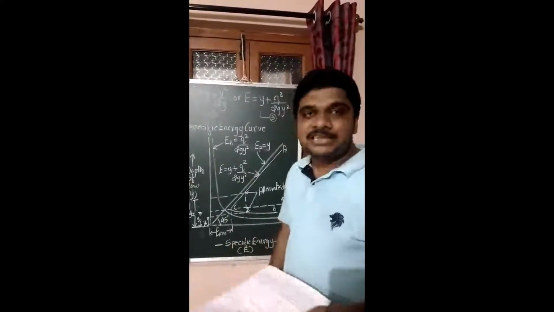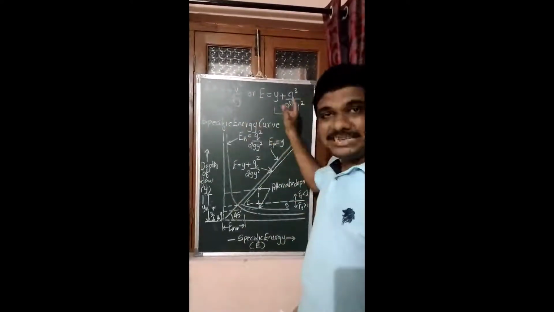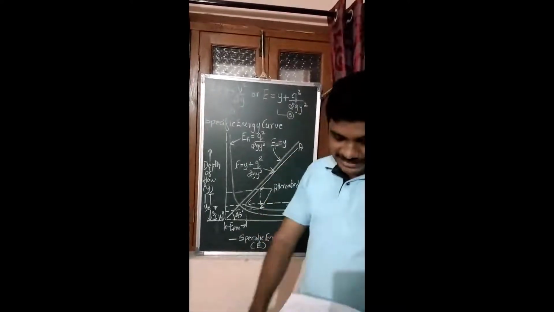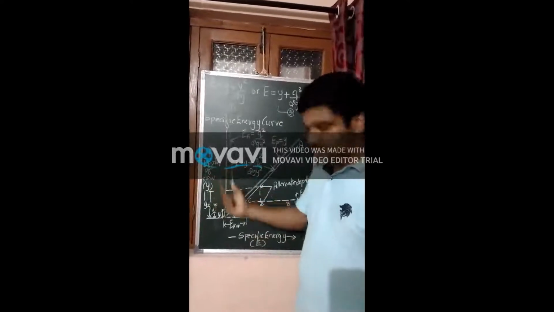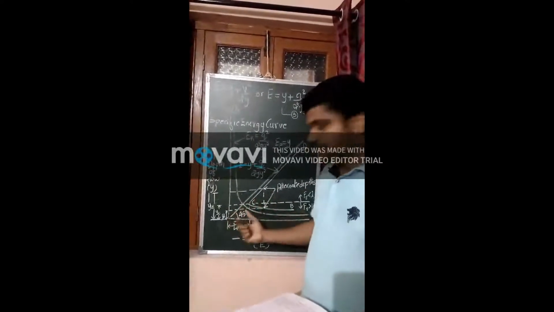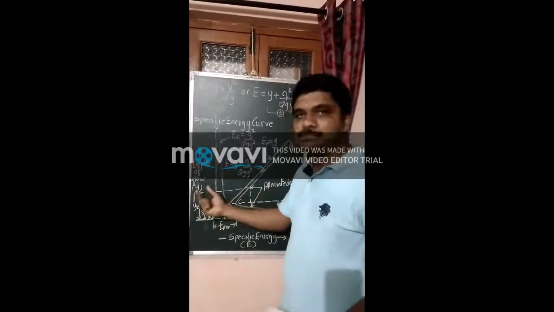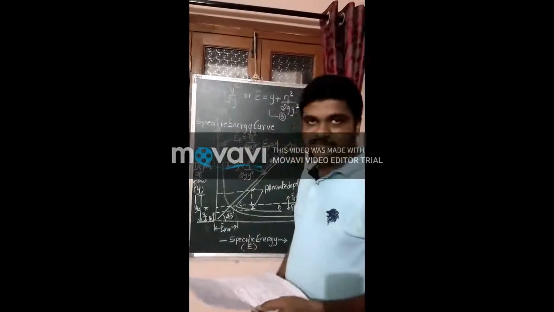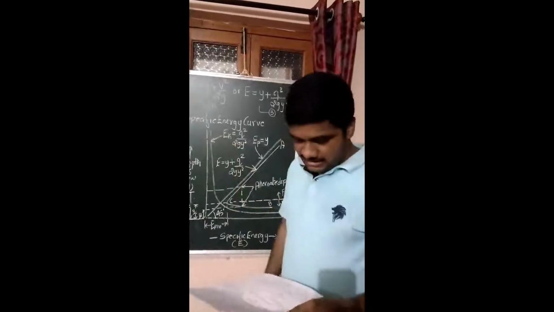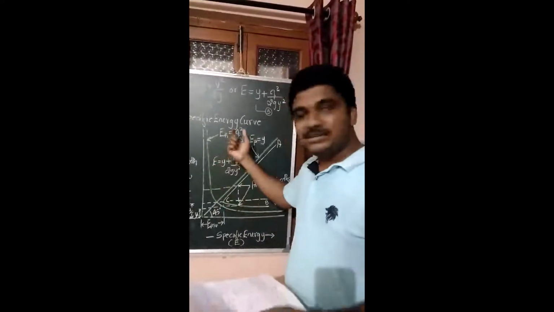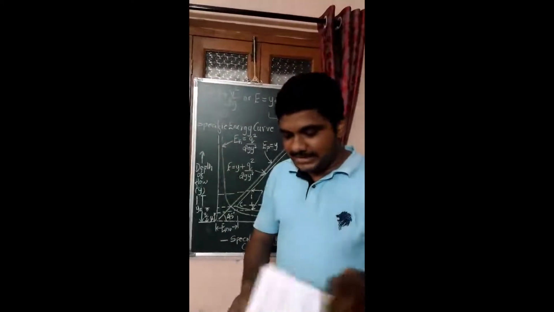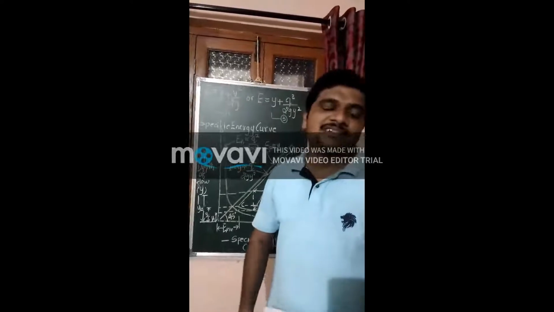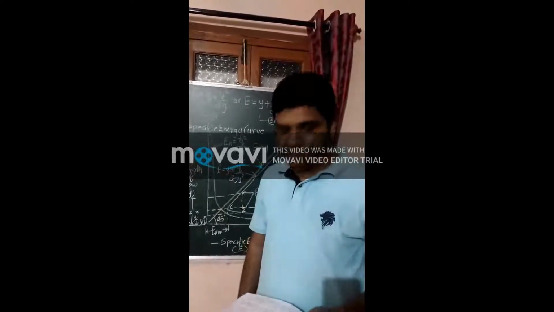Now, for a given channel section and discharge, this equation can be represented in the form of a graph or a plot. That is specific energy drawn against depth of flow. Such a graph which shows variation of specific energy with the depth of flow is called as specific energy curve. And this specific energy curve is not a single curve but a family of curves representing a given unit discharge. Let me redefine the specific energy curve. So specific energy curve is defined as a curve which shows variation of specific energy with the depth of flow.